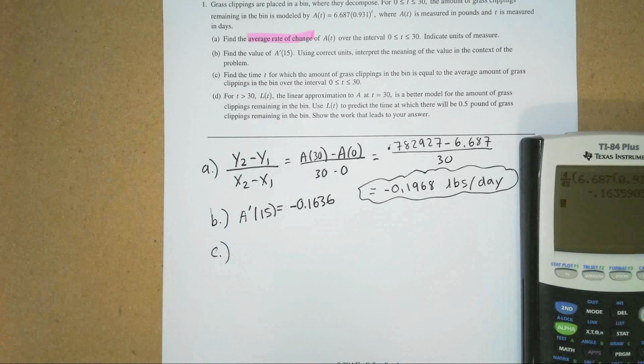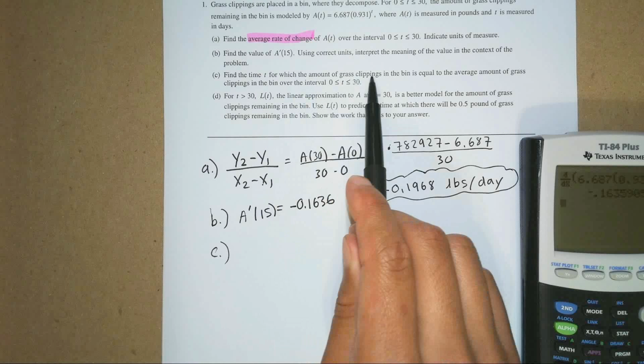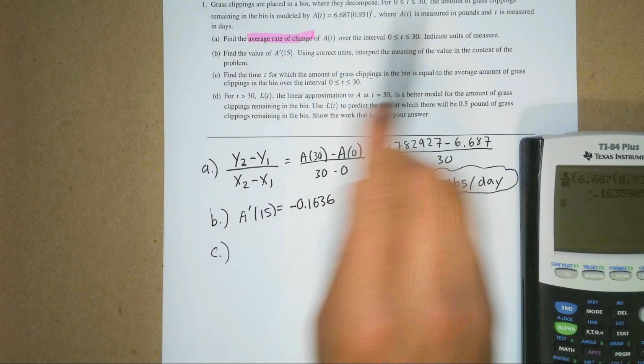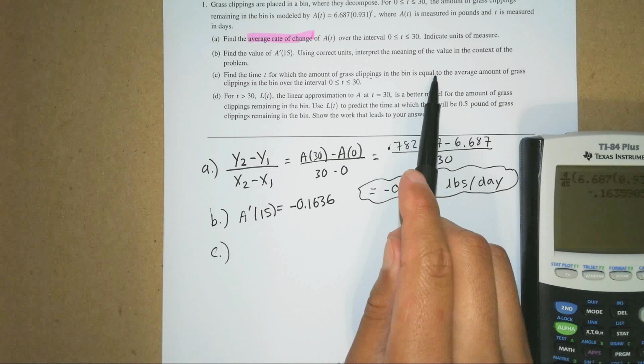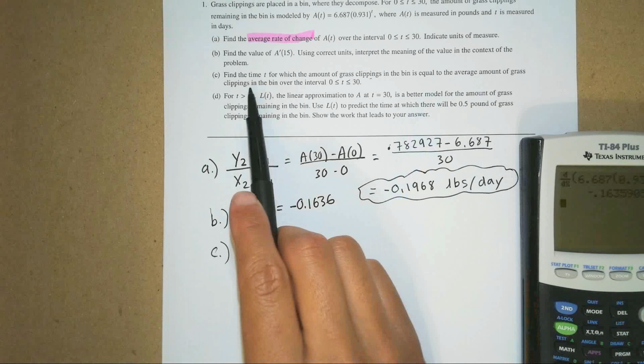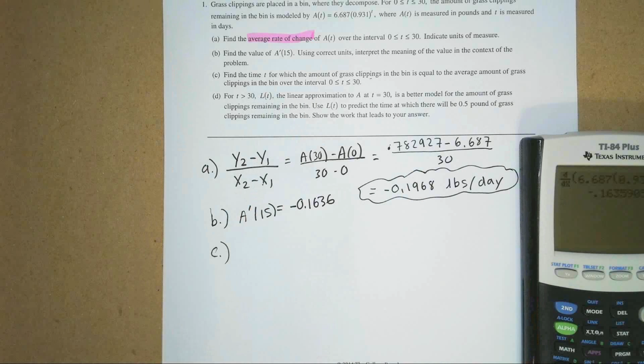Now, part C says, find the time t for which the amount of grass clippings in the bin is equal to the average amount of grass clippings in the bin over the interval from 0 to 30. When you read that, sometimes you're confused and you just want to sit there and think about it. Find the time for which the amount of grass clippings, which is this equation, because this tells us the amount of grass clippings, is equal to the average amount of grass clippings in the bin. Well, the big context clue here